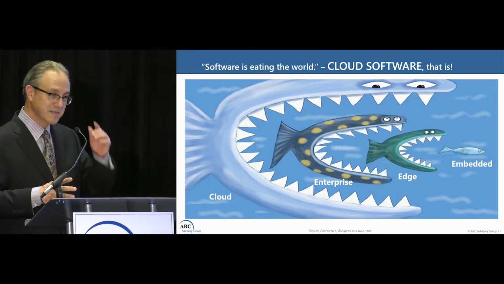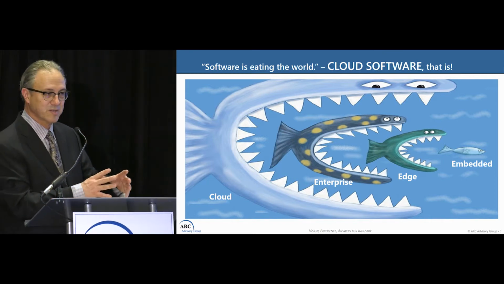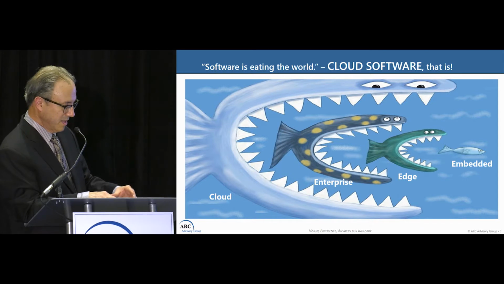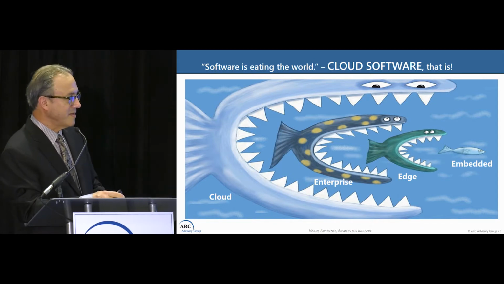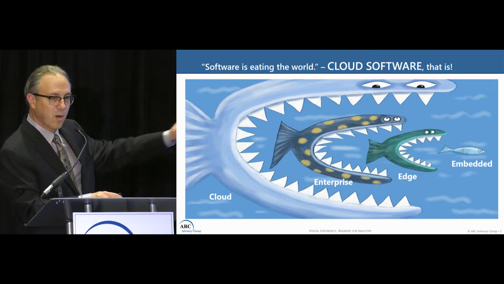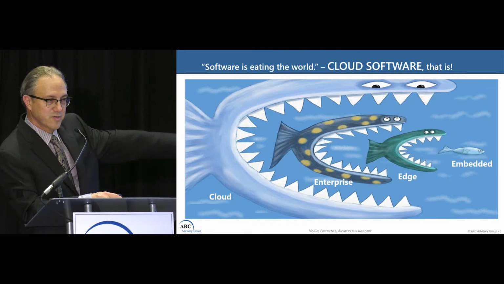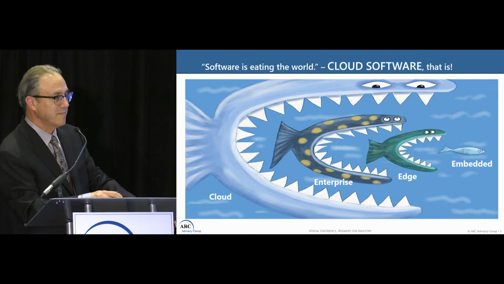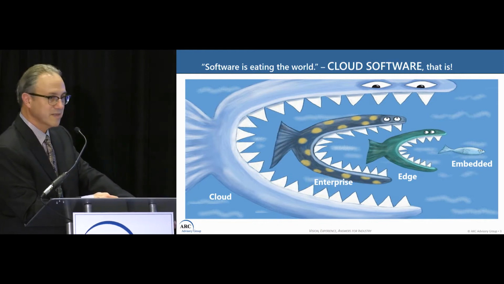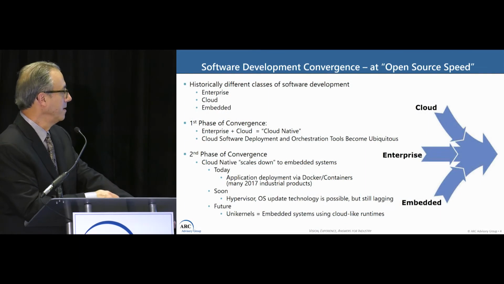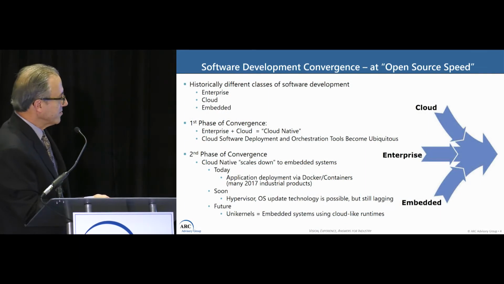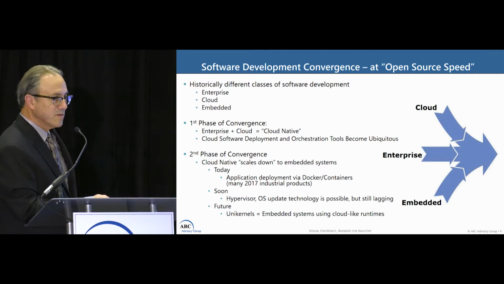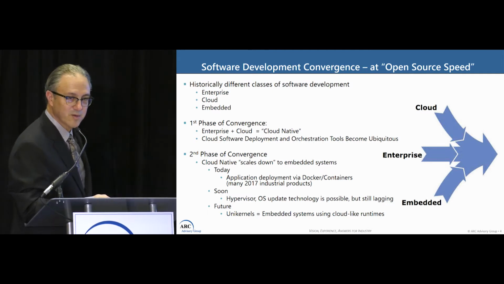So embedded systems have worked that way mainly because of resource constraints for many, many years. But in my opinion, the models that are going for future development on the cloud are going to do some of the very same things that embedded system developers have done for a while. So while we've had those three different classes of development, really the first phase of development tool convergence that we're